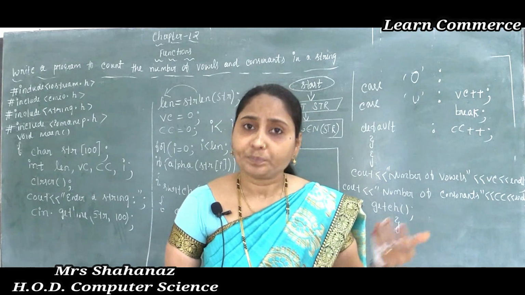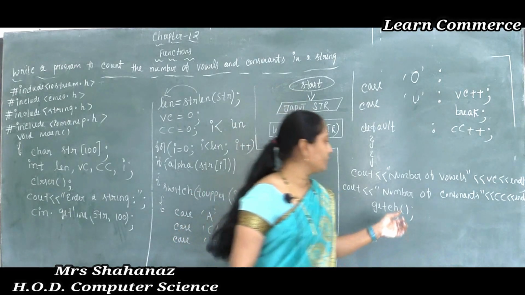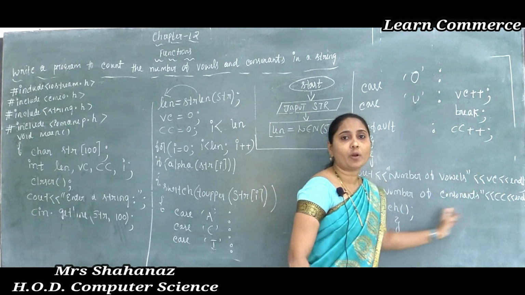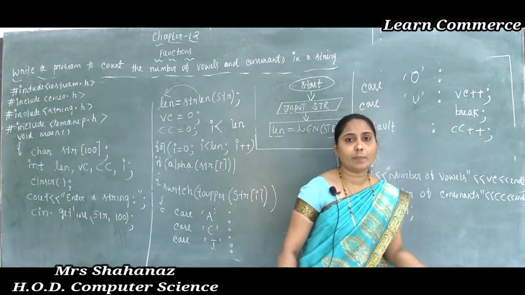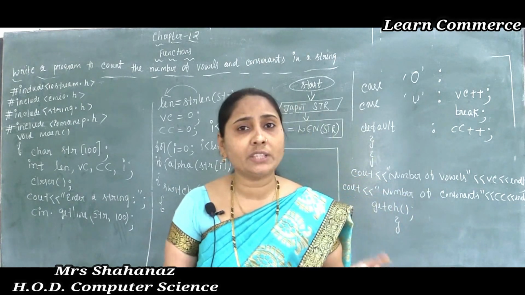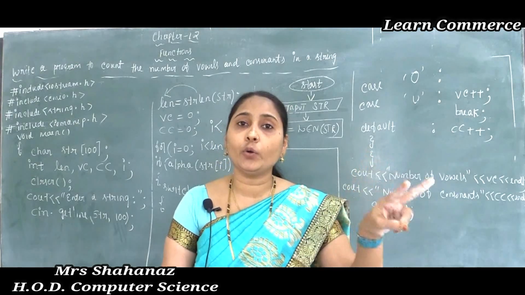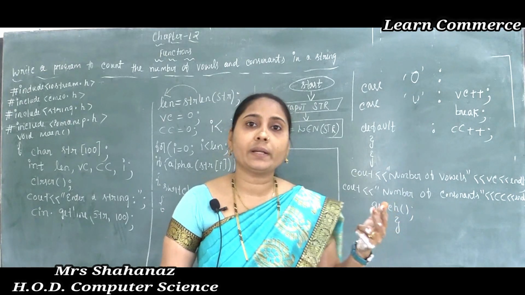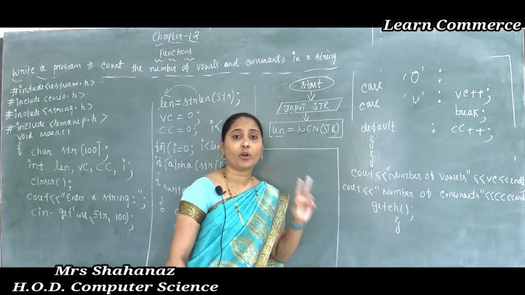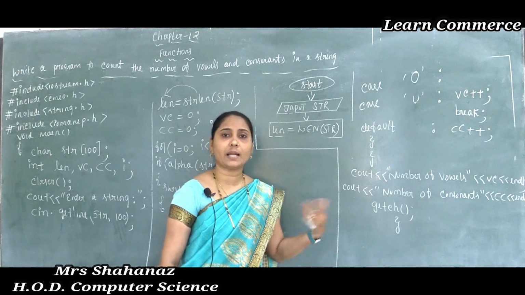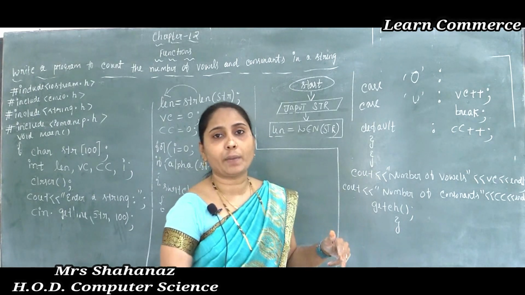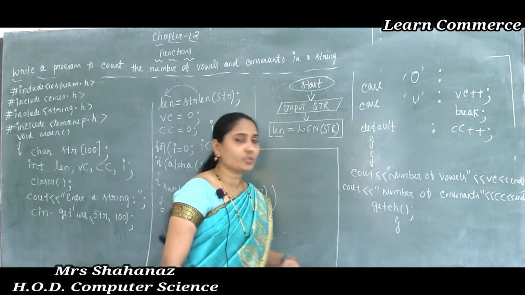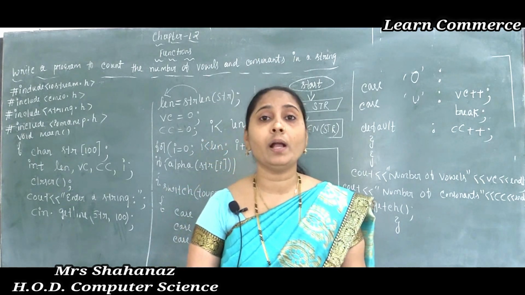Okay? So it is going to display the information. Maybe the number of vowels is, we can say here, 5, and the number of consonants is 9. The number of consonants is 9, because we know there are just 14 characters and 2 spaces, so totally we'll get 16. Total is actually 16 in this case. Correct, no? But actually the number of characters is 14 only. So in this case 5 comes under VC and 9 comes under CC. Clear this one here? And later getch, open close semicolon, and closing of the flower bracket. So this is our practical program.